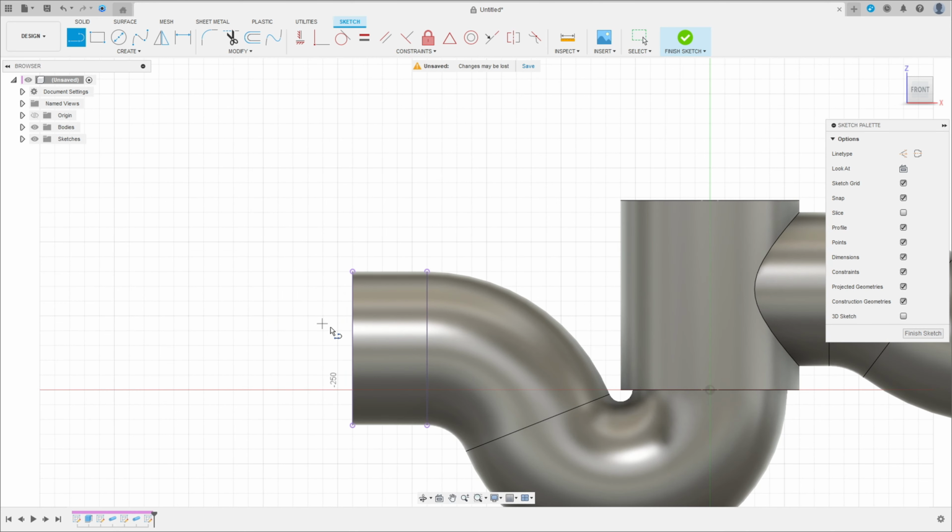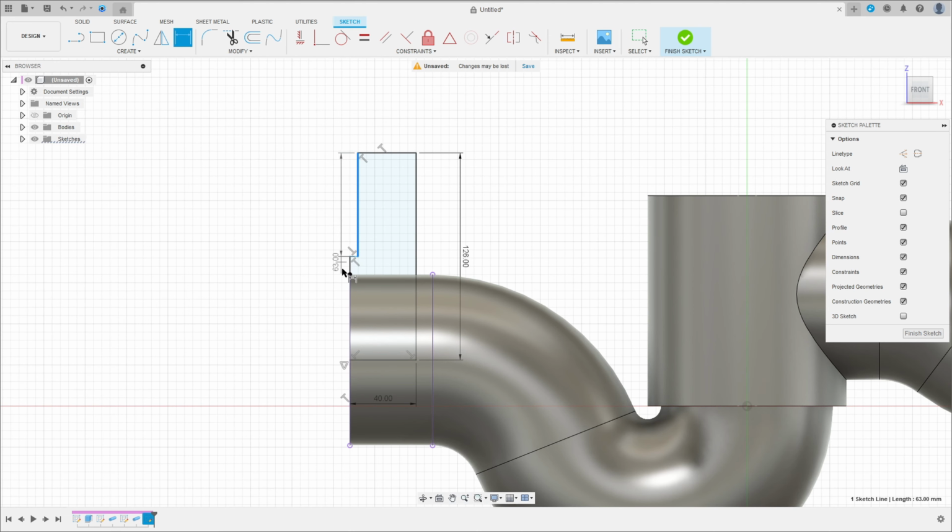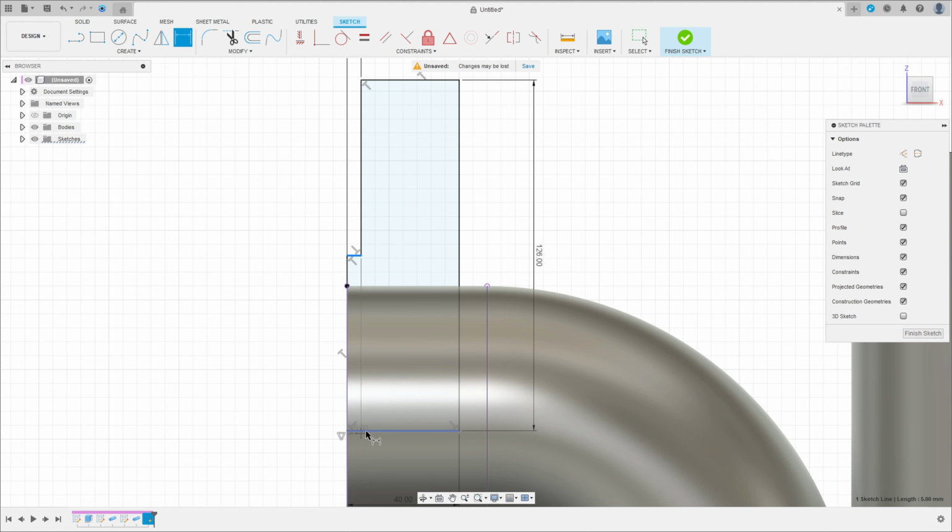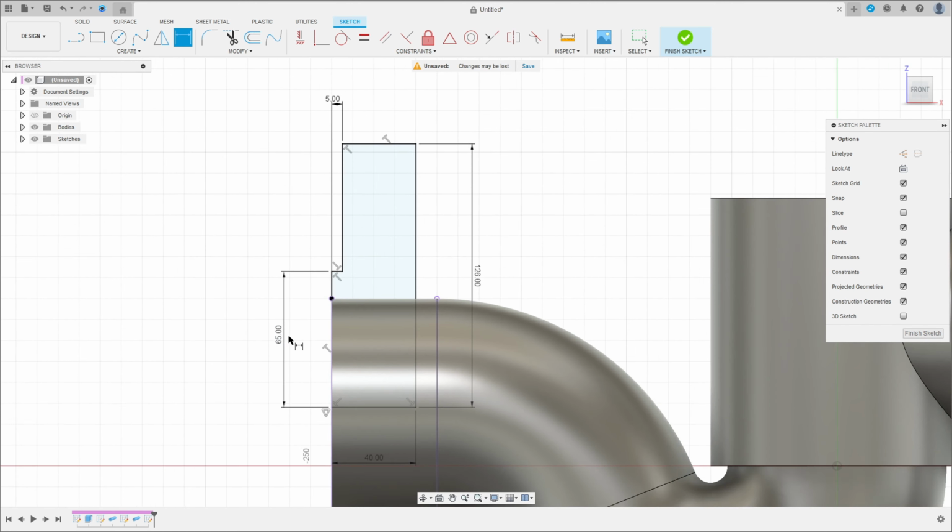Select line. Make a line here in the midpoint of this line with 40 millimeters. Line here with 126 millimeter. And make another line here. Okay, go to sketch dimension. The distance between this line here is 5 millimeters. Okay, and the distance between this line here and this line here is 65 millimeters. Okay,